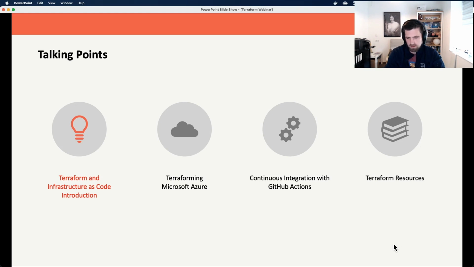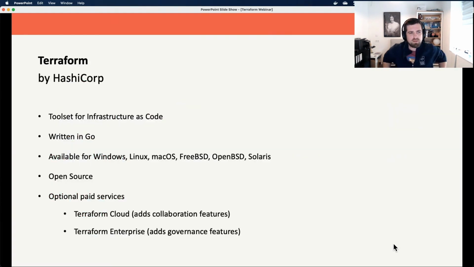Okay, so let's jump into Terraform. What is Terraform? Basically, Terraform is a product created by a company called HashiCorp, and Terraform exists in different editions, let's say that way. There is an open source edition that you can download and use for free, and that's exactly what we will talk about today, and that's what we use in our projects on a daily basis. On top of that open source project, there are some enterprise add-ons or cloud features, let's call it that way. So you can opt in and